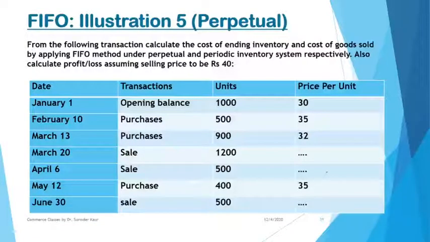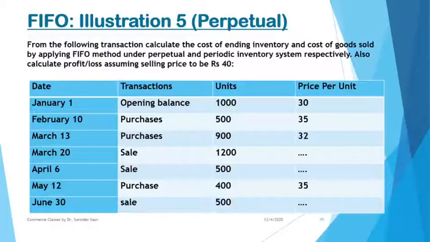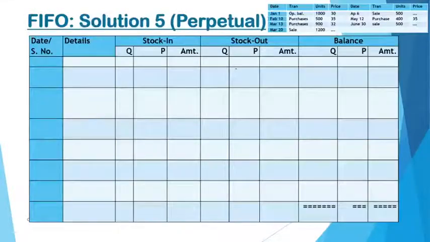With each purchase, your store register will be updated. With each sale, your store's register will be adjusted. So everything will be adjusted, and each time you have a sale, you will be applying the FIFO approach to find out the value of the inventories. Here the selling price is given to be 40 rupees, which means we'll be using the cost based method because cost is lesser. Let us see the working of this system.